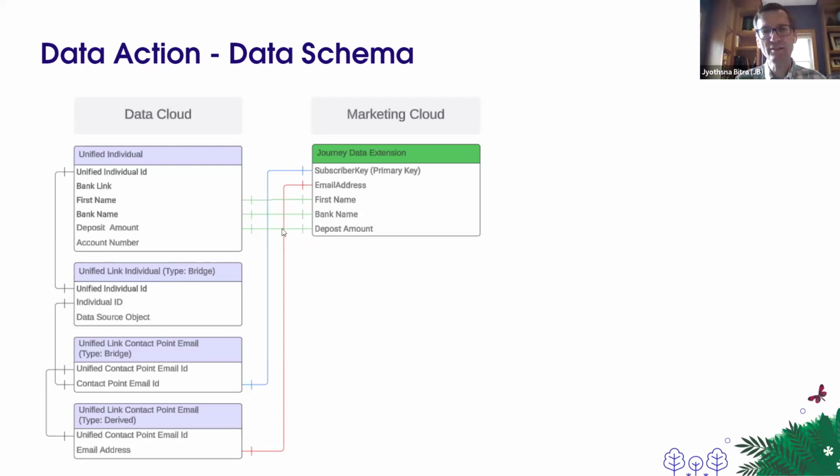You can see these green tracks here. This is going to be pulled into that data extension. And then we're doing a sort of a waterfall link to get down to these couple of key points that we all need for Marketing Cloud, which is that subscriber key. We're going to be pulling from this contact point email ID, and then the email address, same contact point email